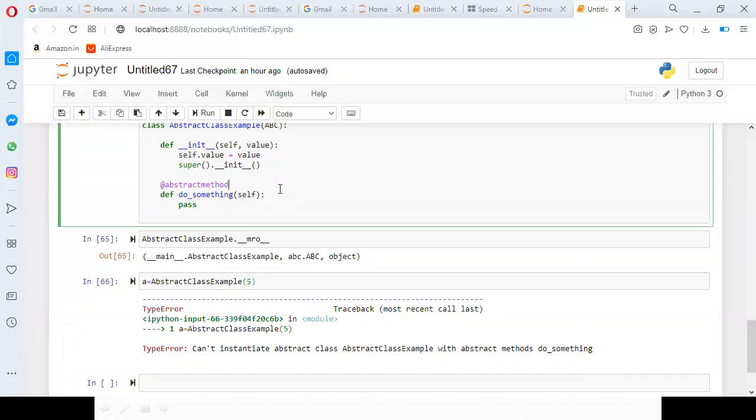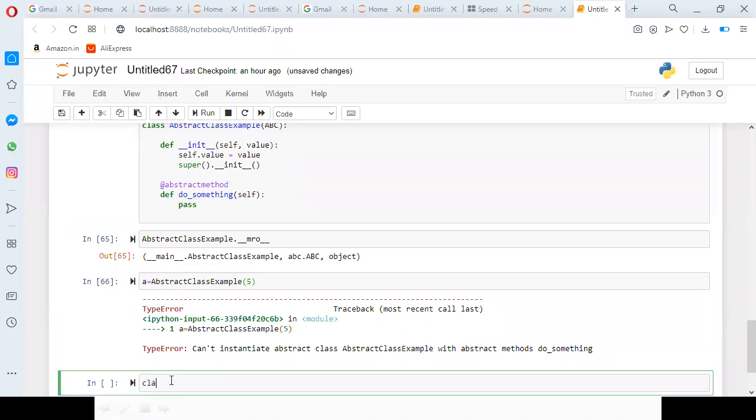So some people who require these functionalities can take it and implement whatever methods are left over, and they can use that. For example, I'm going to define a class called Child with AbstractClassExample as parent.